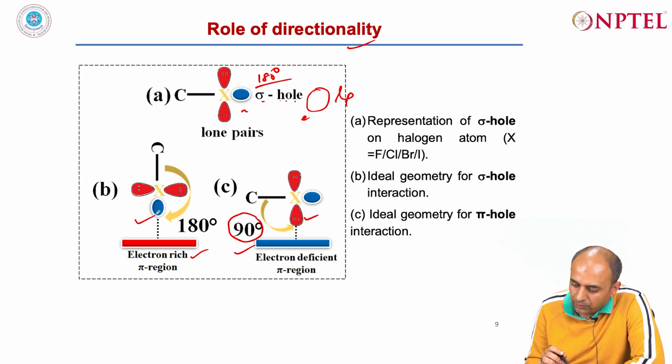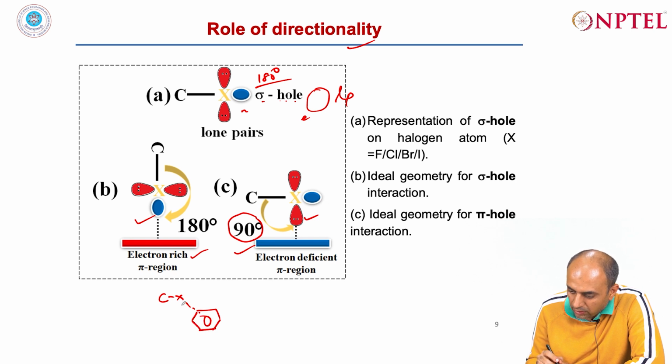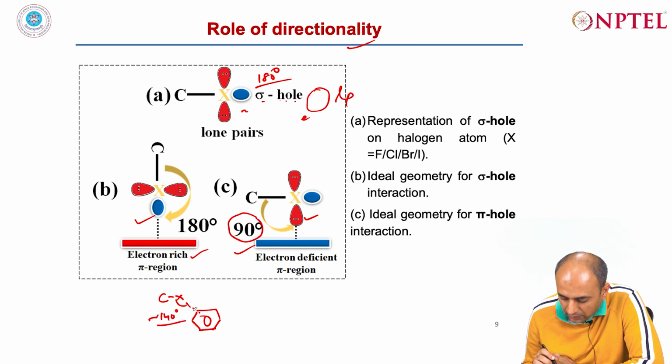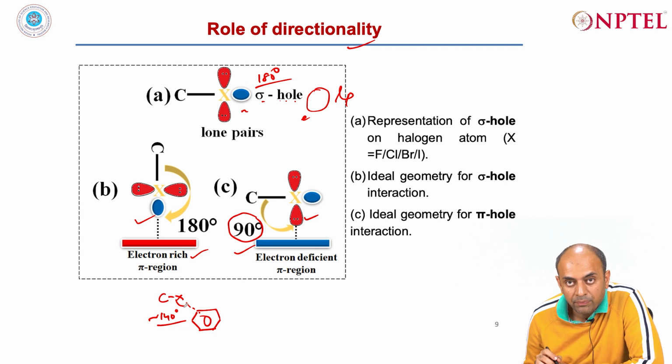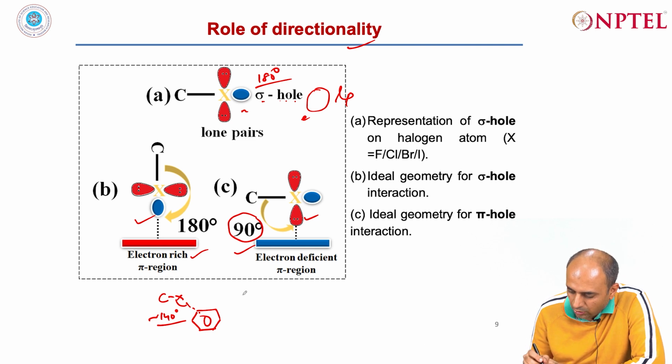And in a real system, for example, if you were to experimentally look at the crystal structures of halogen involved in interactions with pi regions, you will see that the CX approaches at around 140 degree approximately. So, an analysis of a large number of crystal structures containing this CX bond and a phenyl group shows that the approach is around 140 degree, and this is effectively the average of 180 plus 90 degree by 2, which